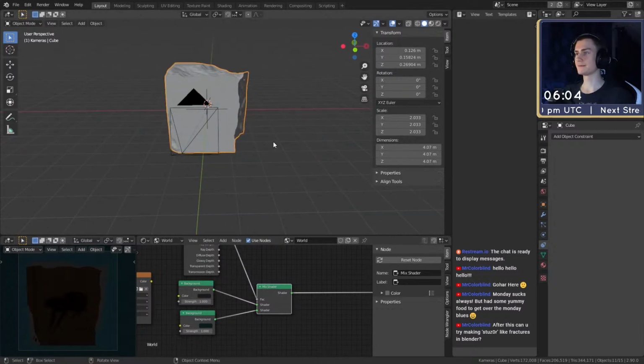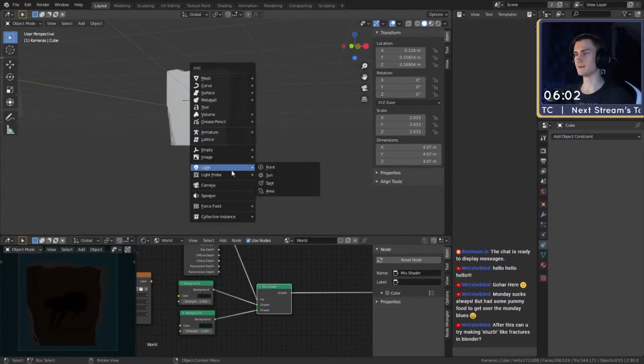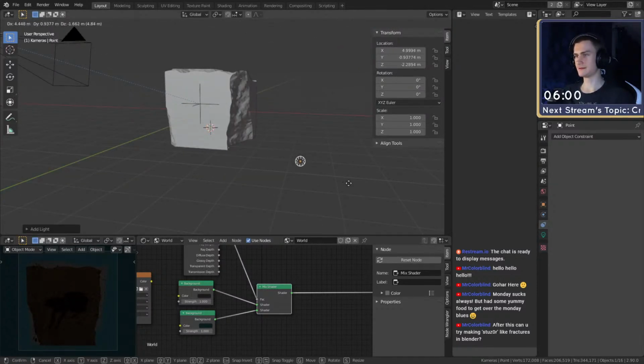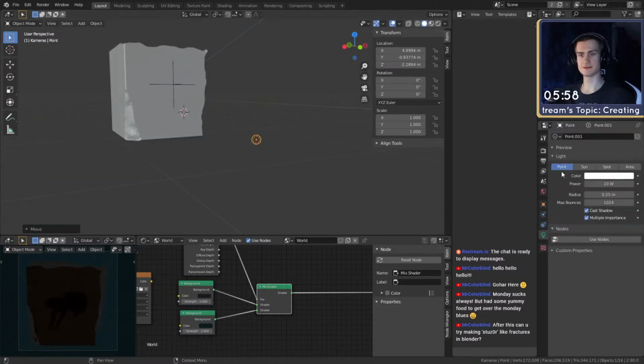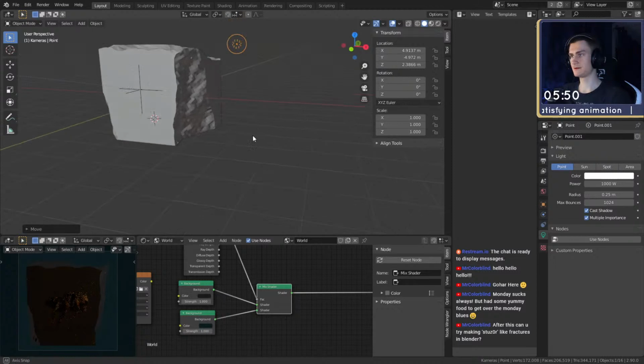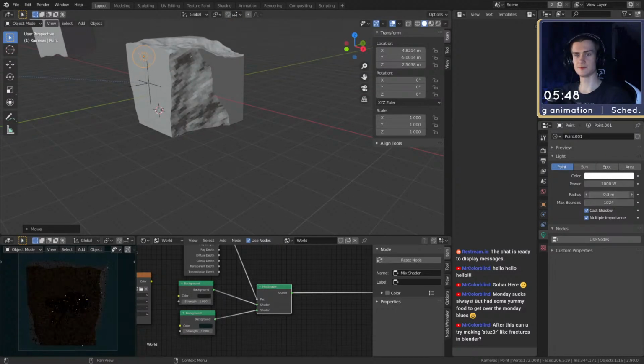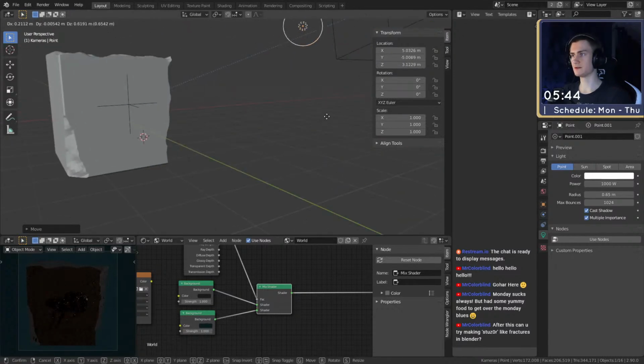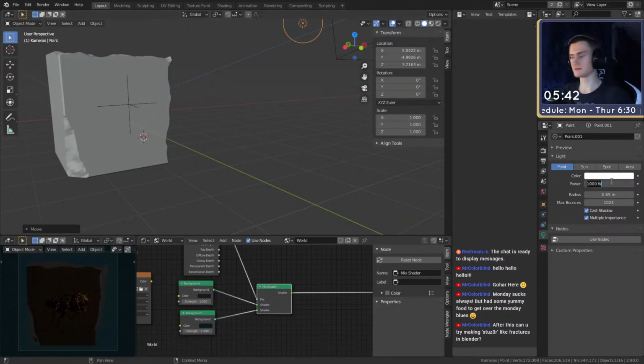Okay, let's then go in here and make a point light. For the first light we can say 1000 for now, and pull this somewhere over here for the main light. Make this pretty big so it's pretty soft in terms of shadows. We can probably make this even higher in terms of power.